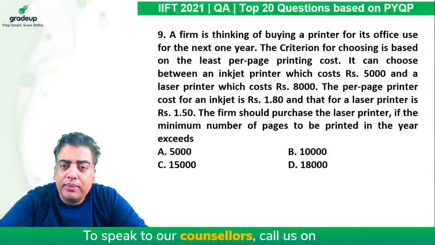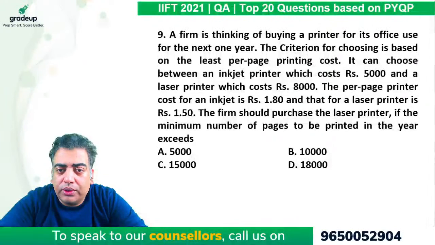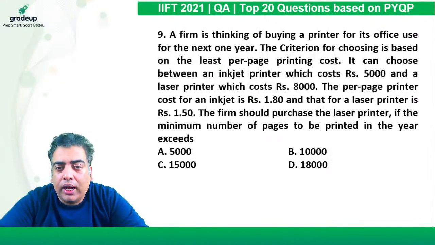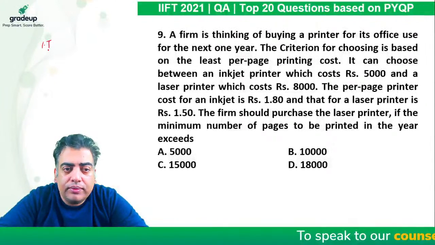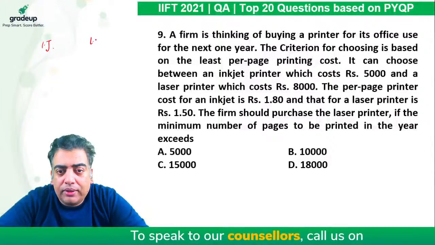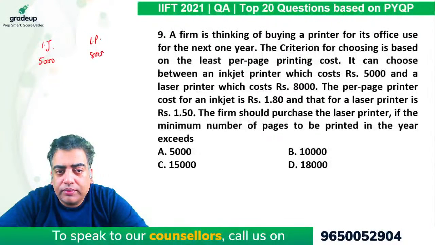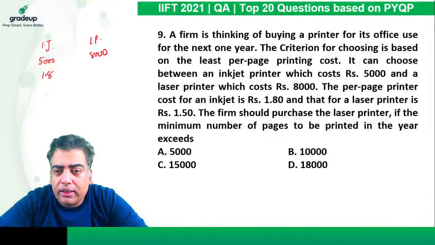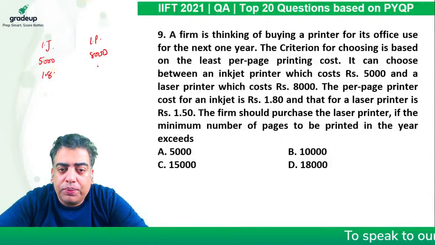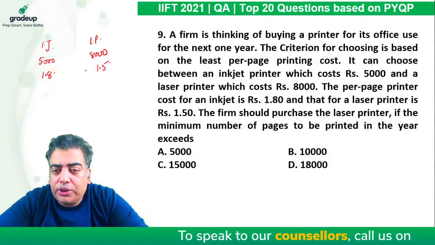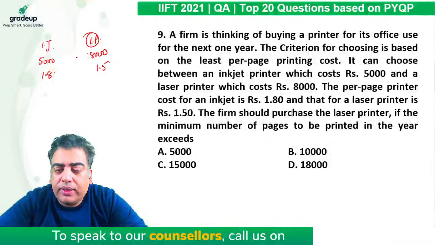So here it says a firm is thinking of buying a printer for its office use for the next 1 year. The criteria for choosing is based on the least per page printing cost. It can choose between inkjet and a laser printer which cost 5,000 and 8,000 respectively. The per page printer cost for an inkjet is rupee 1.8 and that for a laser printer is rupee 1.5. The firm should purchase the laser printer if the minimum number of pages to be printed in the year exceeds